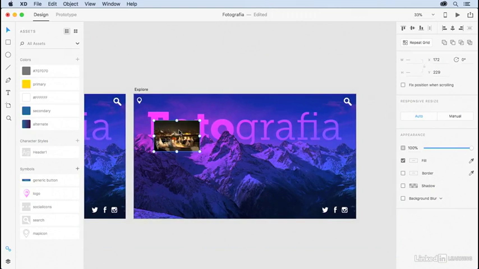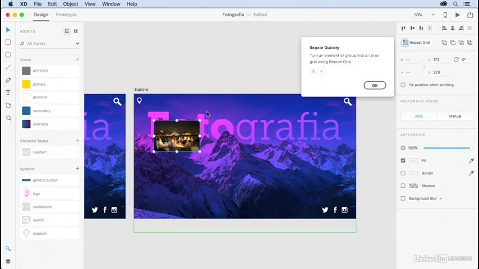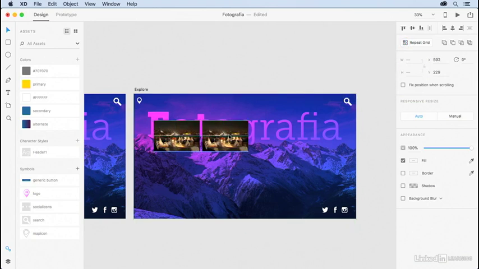So you could do your Command C, Command V, and it even gives you a hint when you do a Command C and Command V to repeat grid. And that's what I'm going to show next, because XD knows that I'm doing something like this. And sure, there are other keyboard shortcuts, holding down the Alt key and the Shift key, dragging that out. I can start to create this grid, but since I need to create so many, I don't have to worry